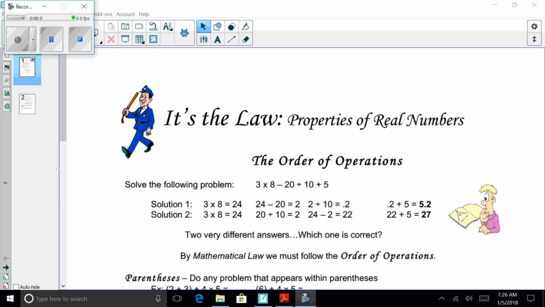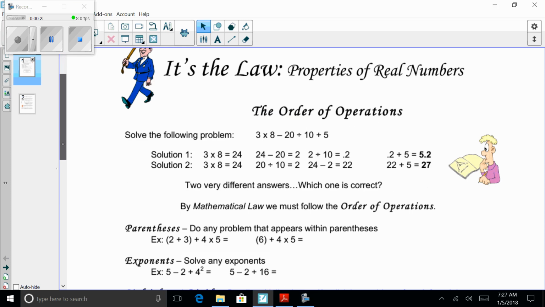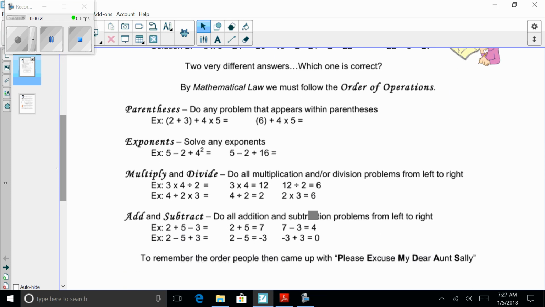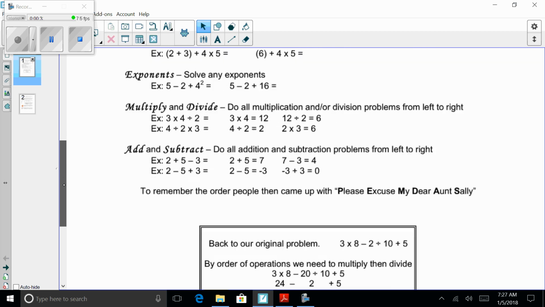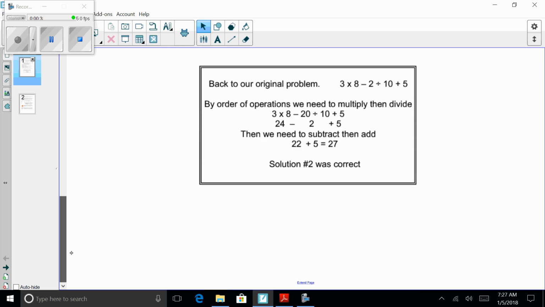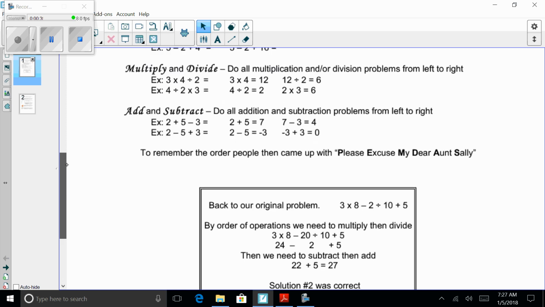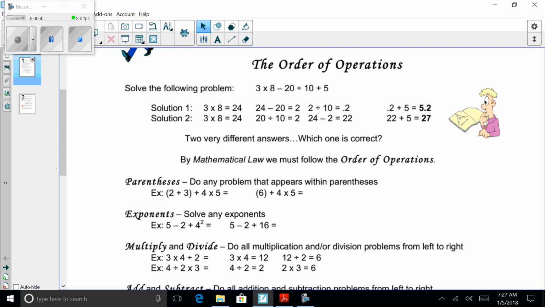And so the top piece of these notes are order of operations, and they show you, in case you forget, the steps that you need to take: parentheses, exponents, multiply, divide, add, and subtract. Order of operations is all on the first page, excuse me. So if you go to the second page of your notes,